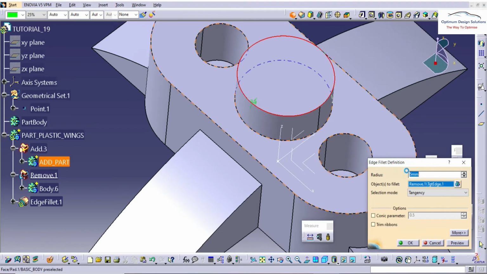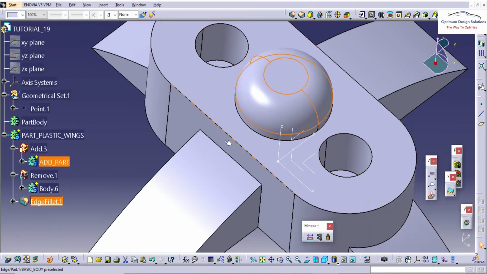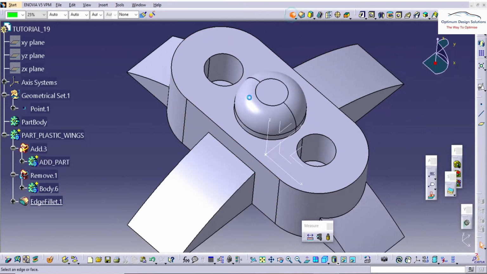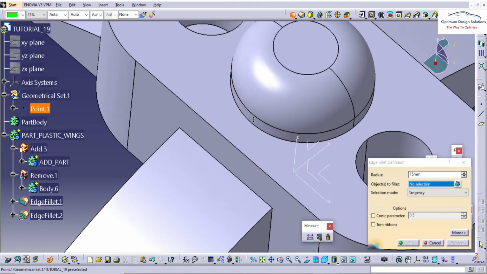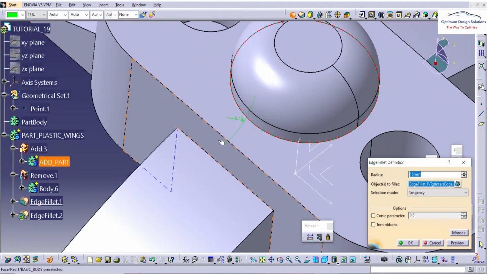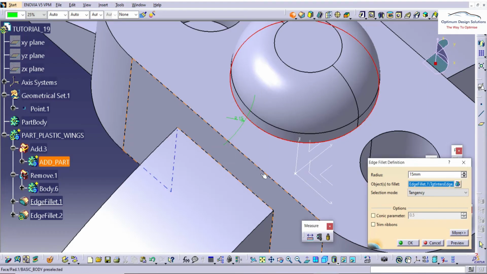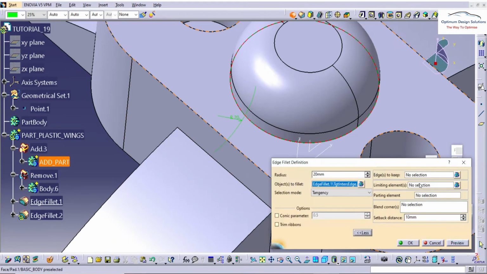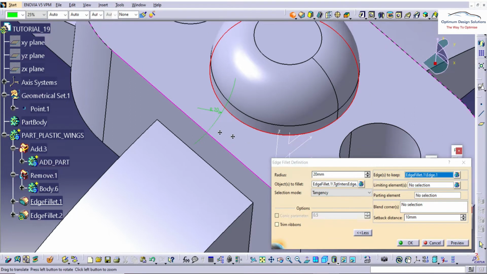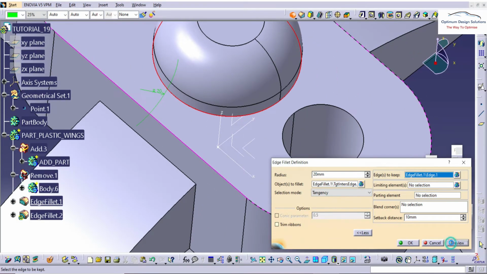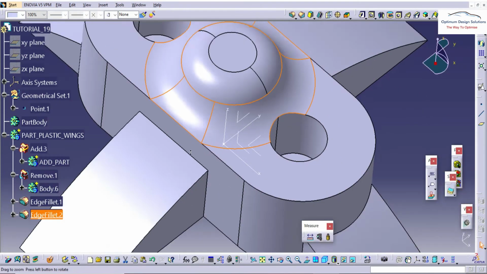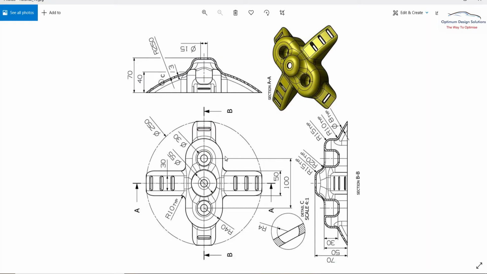Now again we'll use the pre-finishing operations, that is the radiuses. So at the top side there is a radius of 15 mm on the notch. Before that we'll give this radius, a bigger radius of 20 mm. So here you can see such a profile we need to create, and for that in the mode we need to select the edge to be kept.